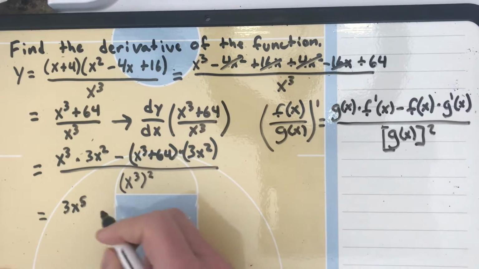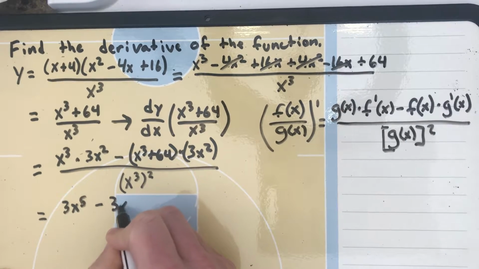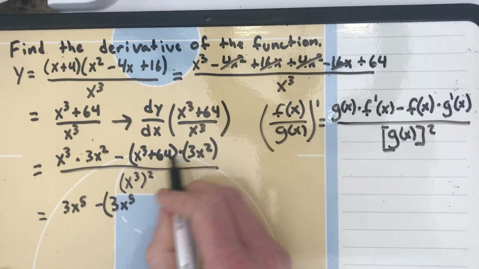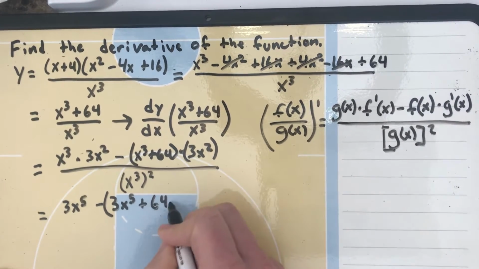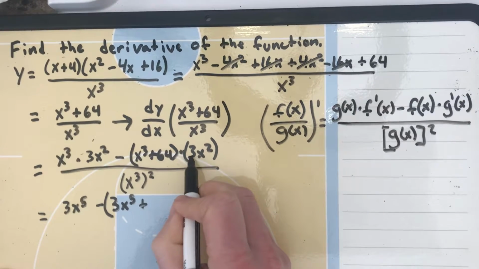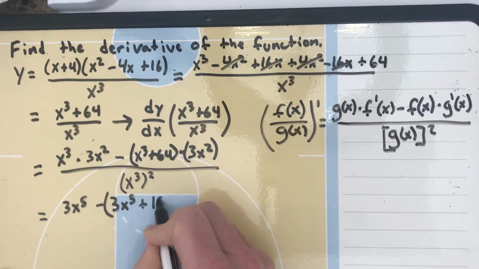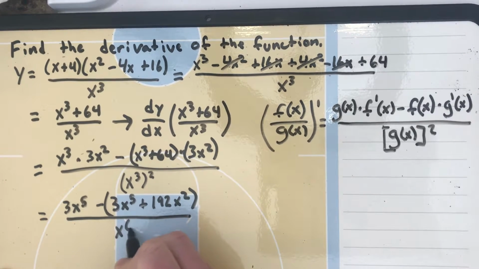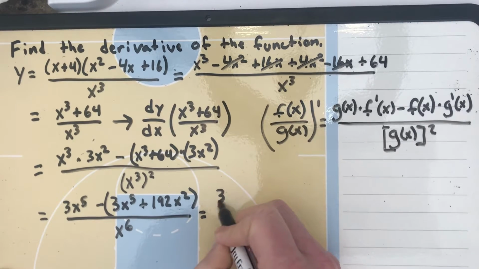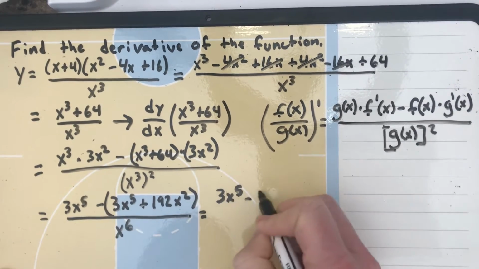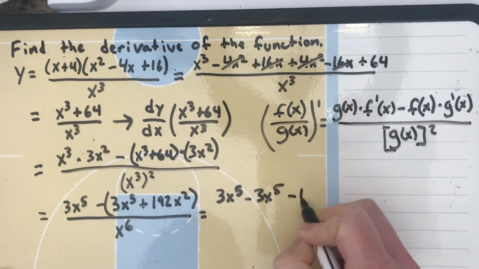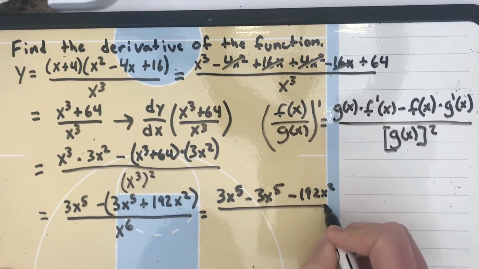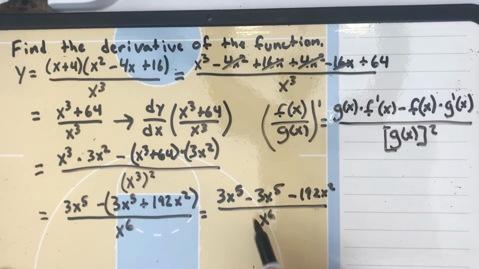That'll give us minus 3x to the 5th, right? 3x squared times x cubed is 3x to the 5th, plus, well, not 64, sorry, 64 times 3, which would be 192 x squared, all over x to the 6th, which then I can reduce that now to 3x to the 5th. If I distribute here, that's minus 3x to the 5th, minus 192 x squared, all over x to the 6th, which then I can cancel here,